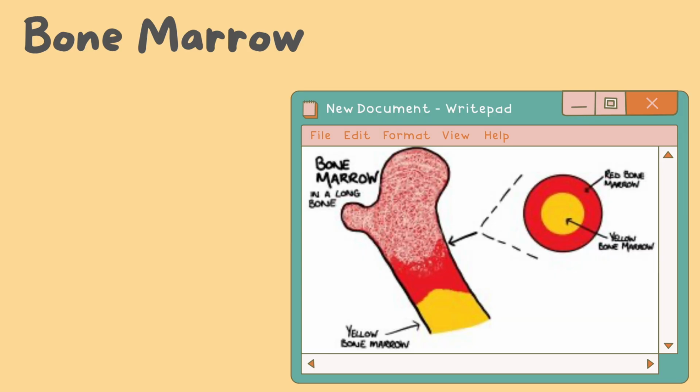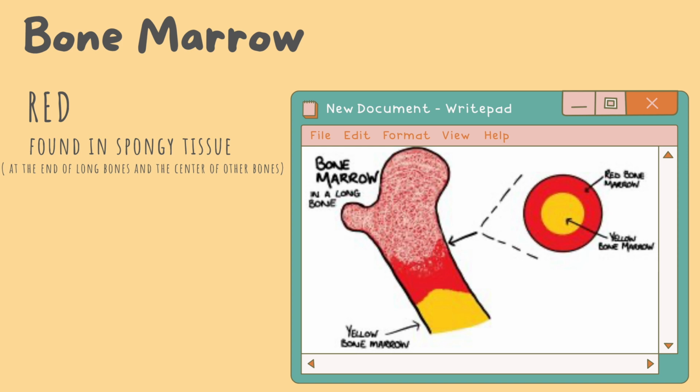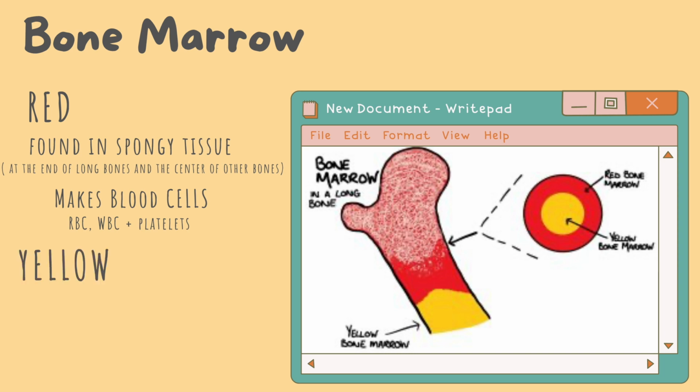We've touched on bone marrow and where it's found, but I want to look at it one more time because it's super important. Red bone marrow is found in the spongy tissue, which is at the end of long bones, otherwise known as your epiphyses, and the center of all other bones. Red bone marrow makes blood cells, including red blood cells, white blood cells, and platelets. Yellow bone marrow is found in the medullary cavity, which is in the long diaphysis section of a long bone,